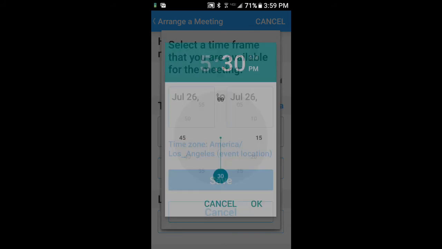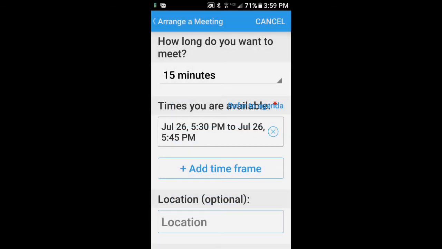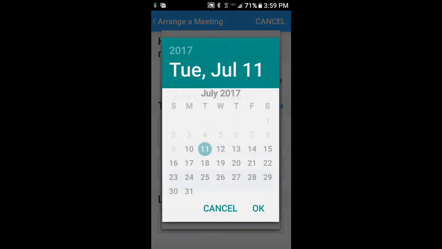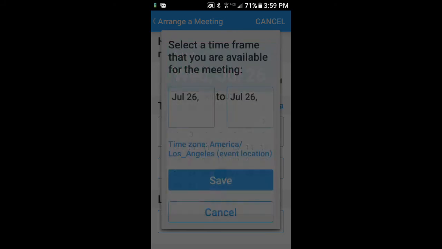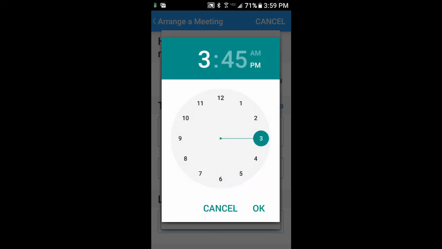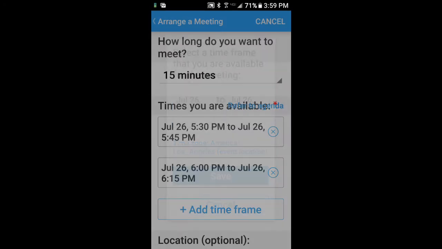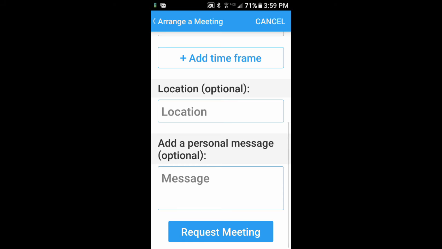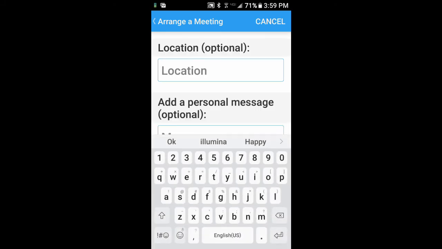This app isn't smart enough to know that you can only meet between 5:30 and 6:30, so I just put in the date. You want to make sure it's 5:30 p.m., and then double check that it's definitely during the time.